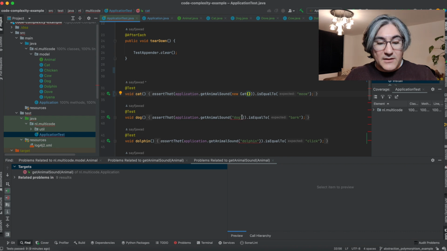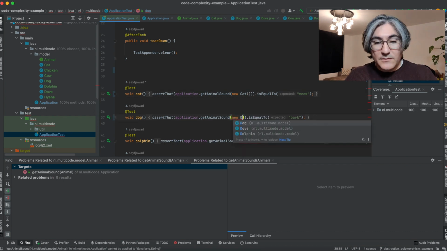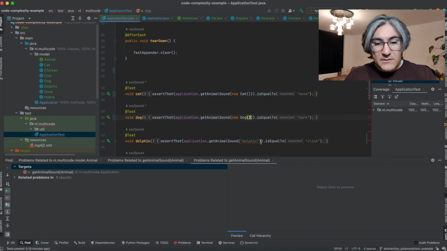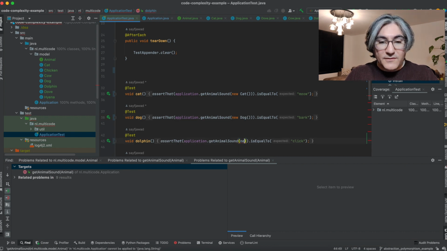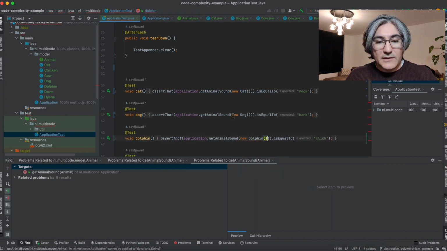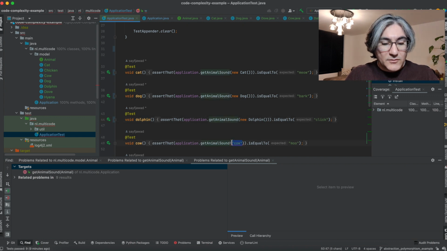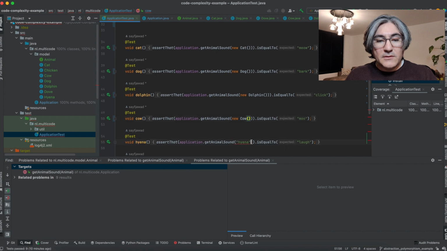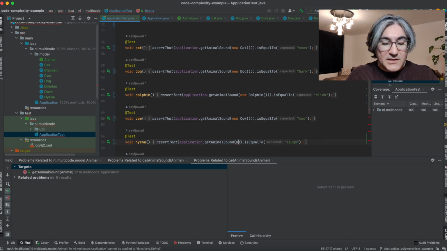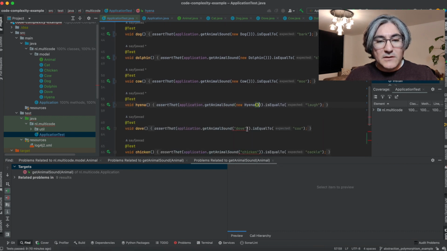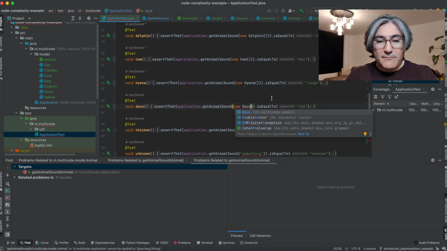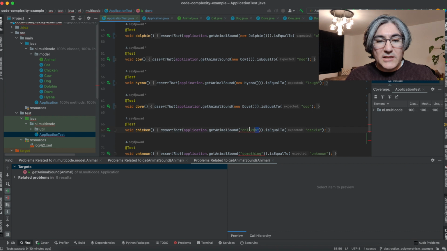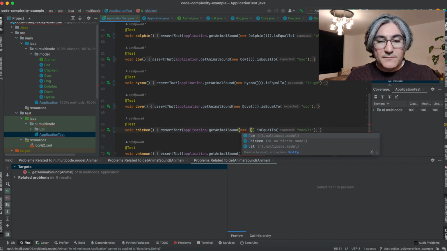So here we'll say new dog, done, new dolphin, done that too, new cow, did that too, okay. New hyena, also done, new dove, yeah, new chicken, right,